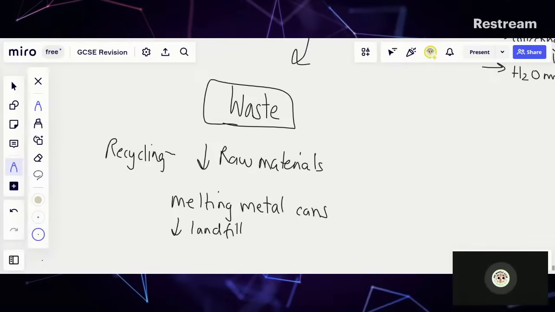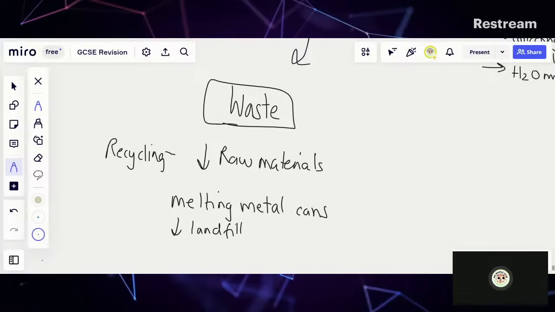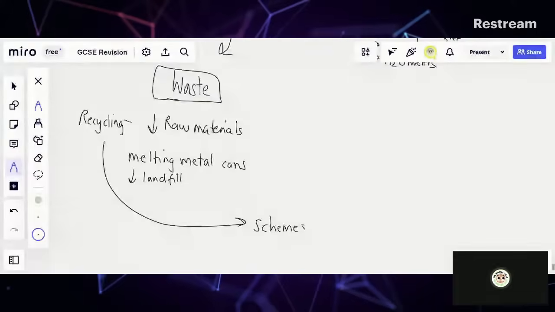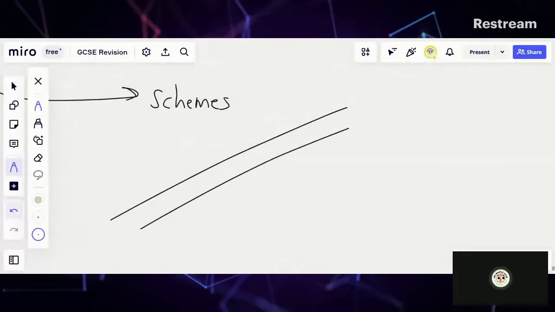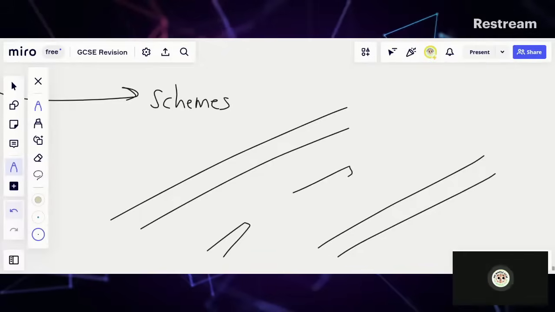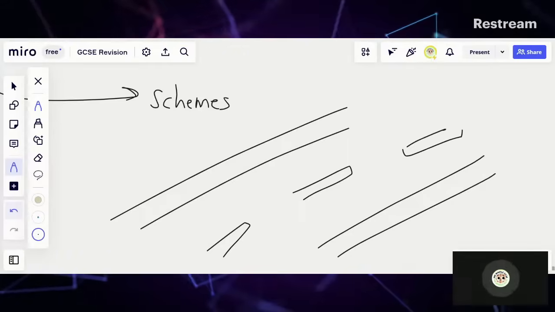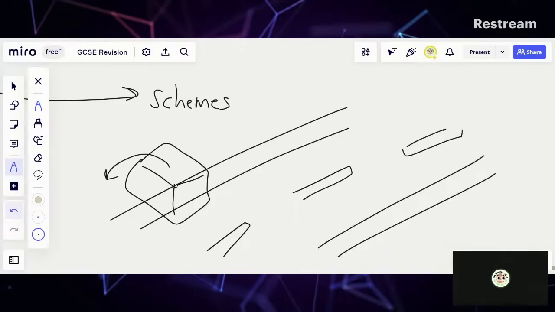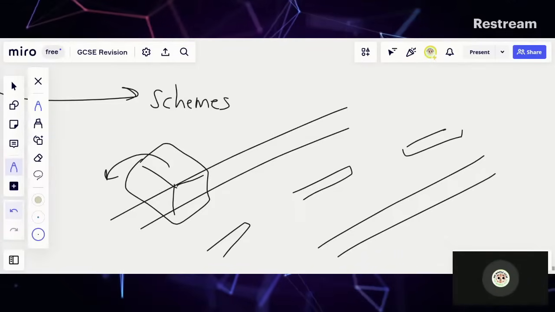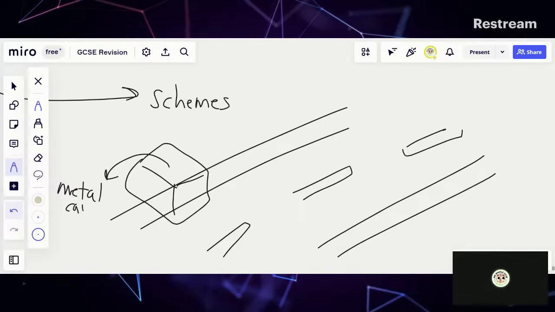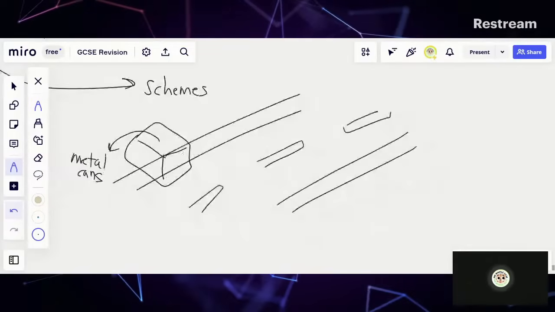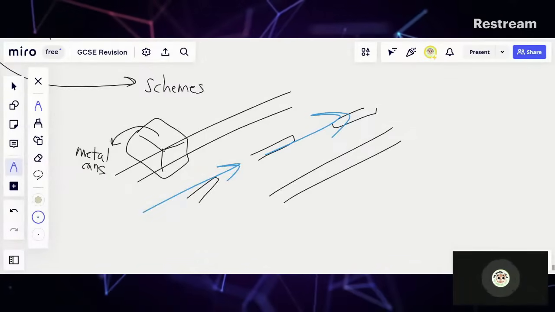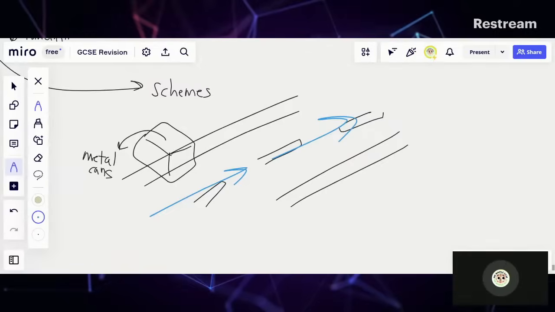Now, there's also things such as waste recycling schemes. An example of waste recycling schemes is things such as curbside collections. So when you have a road, certain areas have boxes outside which allow them to put things that need to be recycled or things that could be recycled. For example, metal cans that have been used. And what happens is different companies can take this and recycle it and turn it into something useful. So that's an example of a curbside